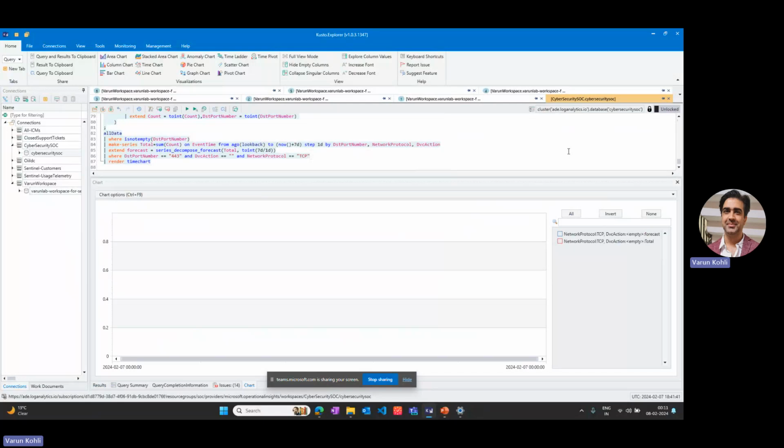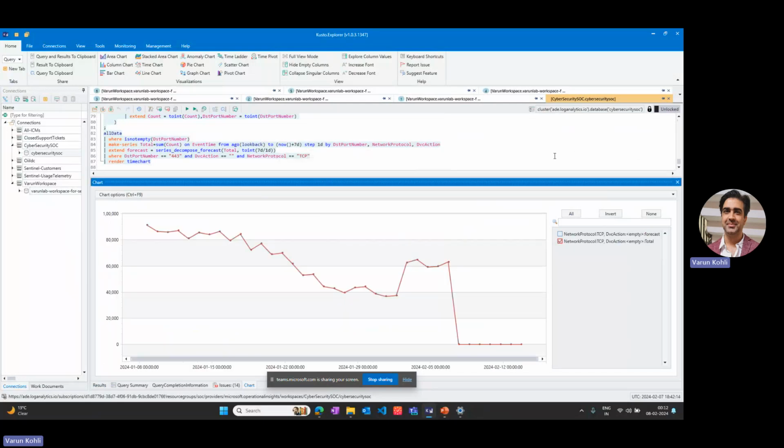So series decompose forecast is another out-of-the-box function that you can use for calculating the future values. If you have a use case that requires you to do some predictions for future values, like maybe you have a server for which you want to predict the performance, you can utilize this function for detecting future values. To take an example,